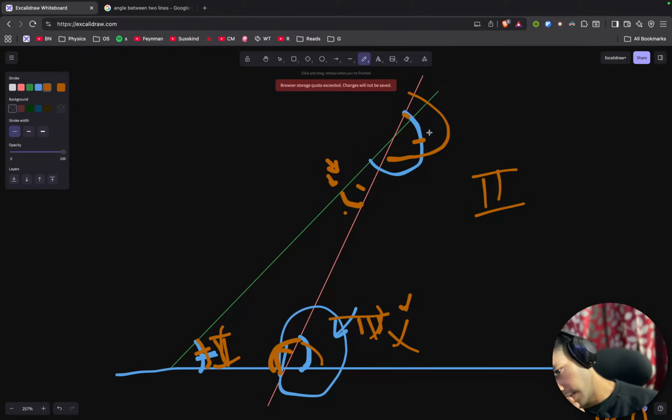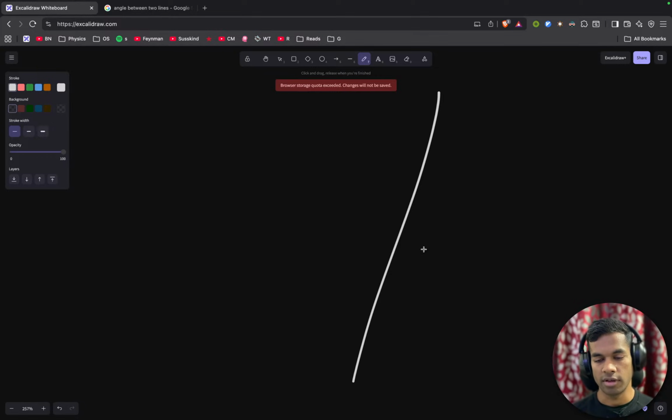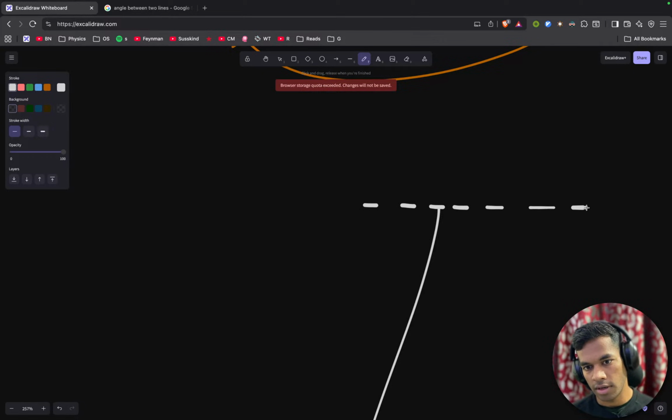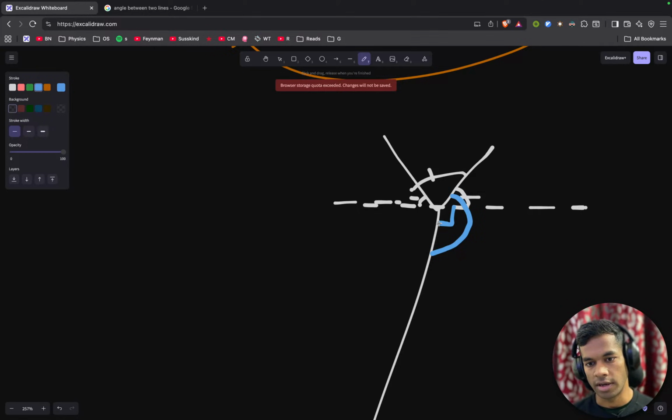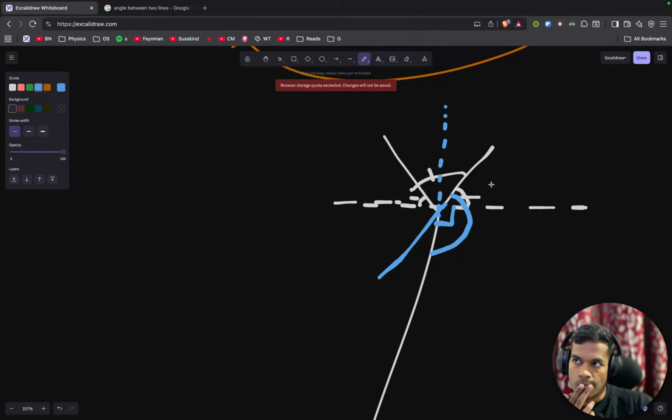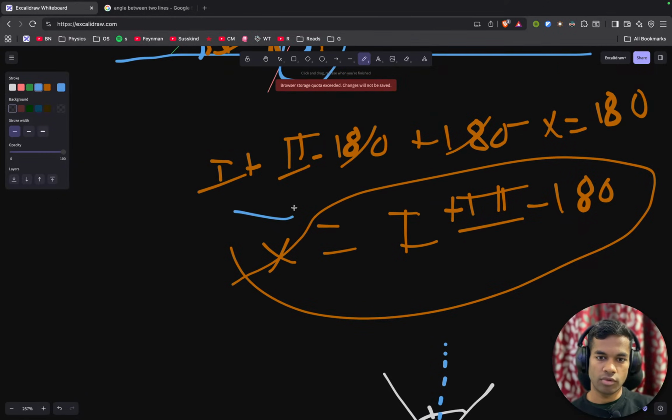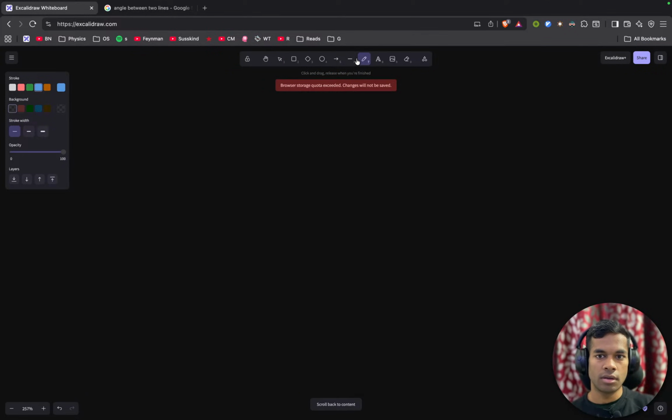If it is smaller than 180 degree, what if our one line is this, and what we are doing is we are creating an imaginary line here like this, and we are dividing these angles equally, this and this, and the angle that we do have is this, and this is 90, so 90 plus this angle, which is not 180 degree, it is this angle. So if the angle is greater than 180 degree, then we can use this formula, but if the angle is not greater than 180 degree, in which case